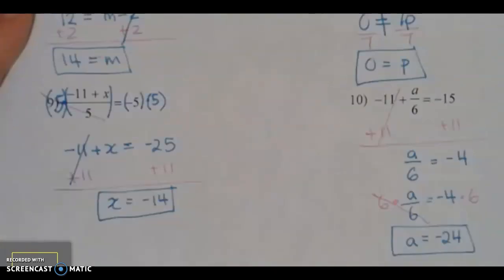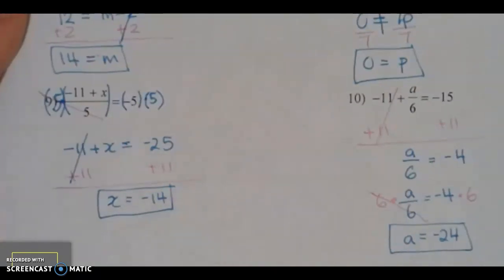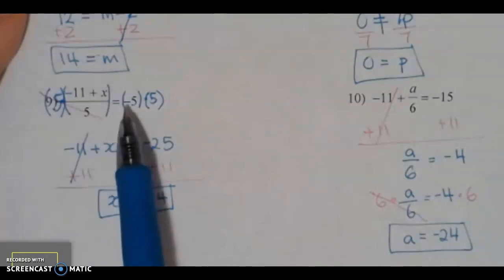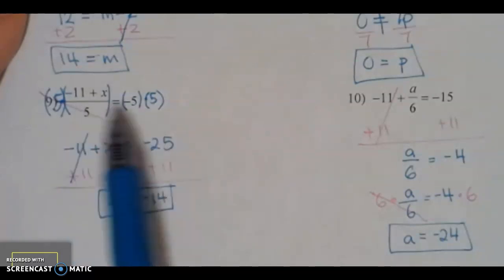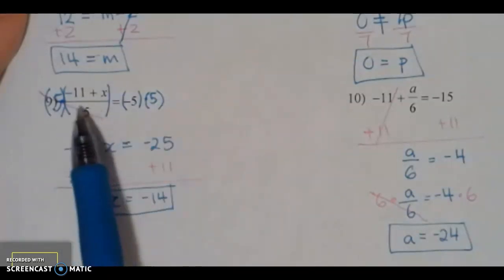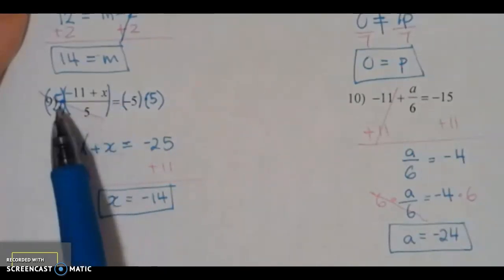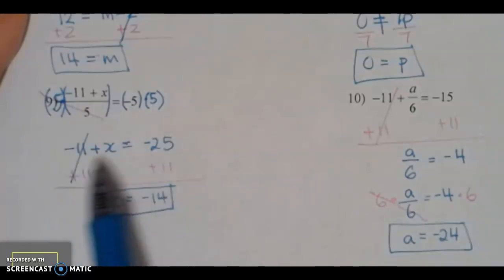Okay, so I'm going to run out of time. So I actually just quickly did the problems. And so that you can see my worked out solution. Again, you need to be thinking about what we need to do. I am going to start by multiplying both sides by 5 first. Why? Because the last thing that was done to x was divide by 5. So I multiply 5 by 5 both sides, and then you're left with negative 11 plus x is equal